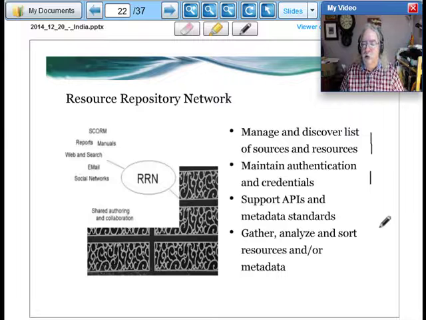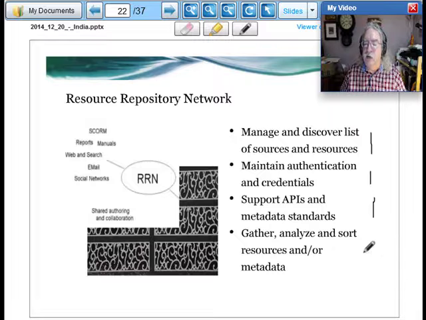This is important in order to access proprietary repositories or to access workplace repositories or share nets or shared directories, SharePoint, things like that. It needs to support multiple application programming interfaces and metadata standards.